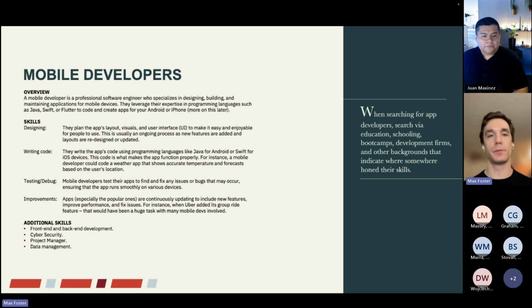And now let's go into a little bit more of the definition of mobile developers and who they are. So mobile developers are professional software engineers who specialize in designing, building, and maintaining applications for mobile devices, right? So they use all sorts of different tools to be able to build that. All of this relates back to your smartphone, your iPhone or your Android phone or your Samsung, or even, right, our TVs now have applications on them, and various different devices connect with each other, and all of that happens with a user interface that we call apps.